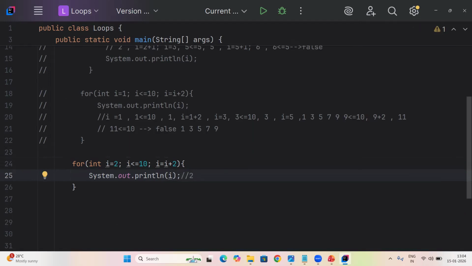In the next iteration, 2 less than or equal to 10, true. First iteration will print 2, then 2 becomes 4. 4 less than or equal to 10, true, will print 4. Similarly, 6, 8, and 10 we will print. And next, I value becomes 12. Then we'll check 12 less than or equal to 10, which is false. So we will not execute that statement. And this is printed on different lines because we have